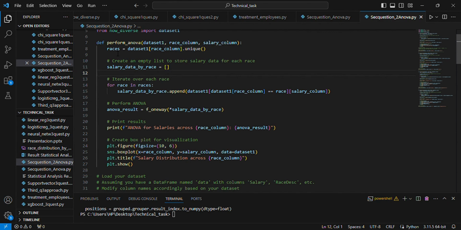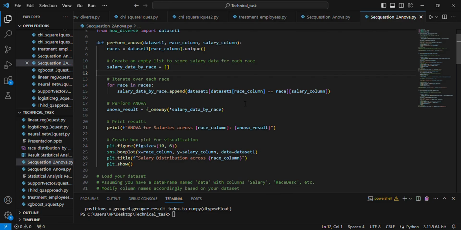In races, we get the unique values of the race column. We initialize the salary data, creating an empty list of salary data by race, and we iterate over each race